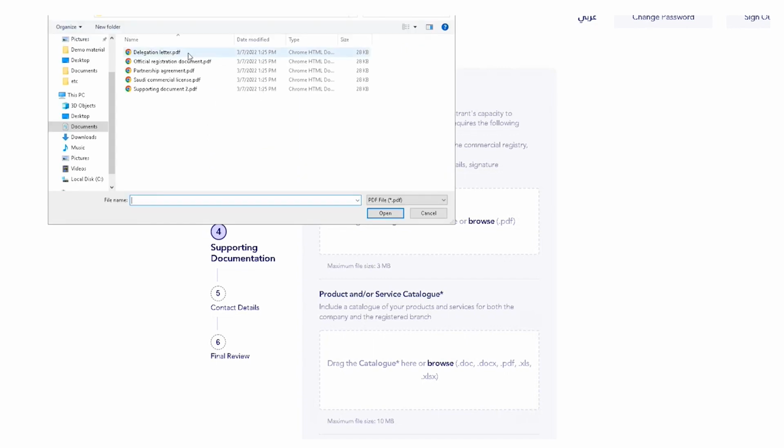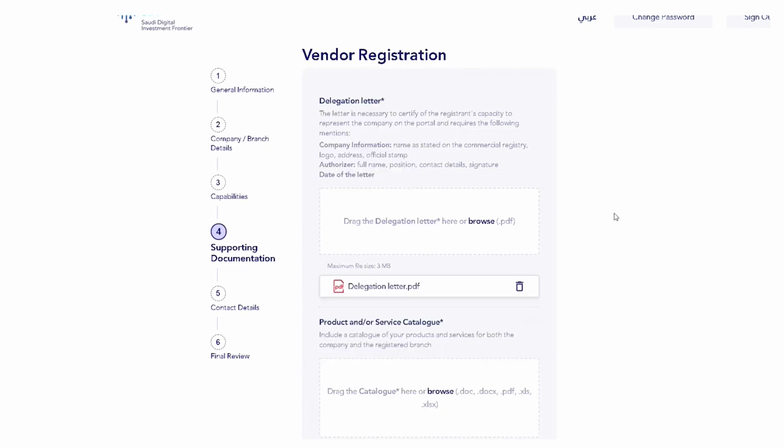We added this delegation letter because we have sat down with many vendors. We sat down with the Chamber of Commerce when we were designing this portal in the early days. And we know that for so many vendors, there is usually a gap in not having the delegation letter, because maybe the CEO will be required to enter this information. So we made sure that it's not only the CEO that can register. Any other employee can register. However, he needs to have this delegation letter. Moving forward,